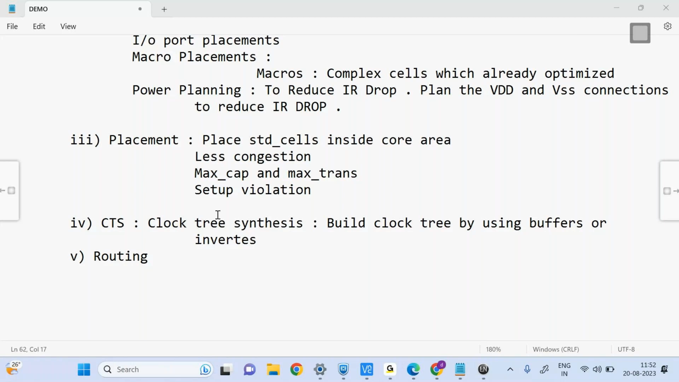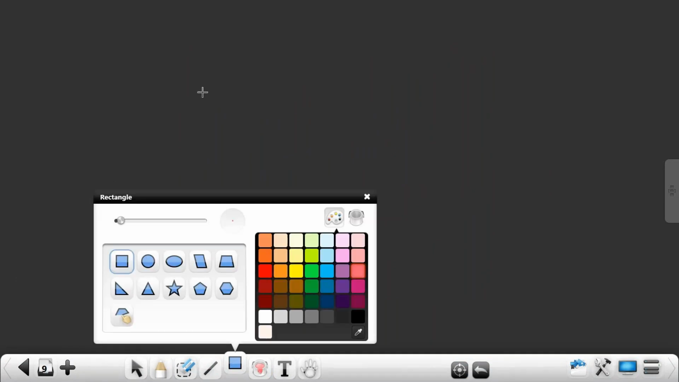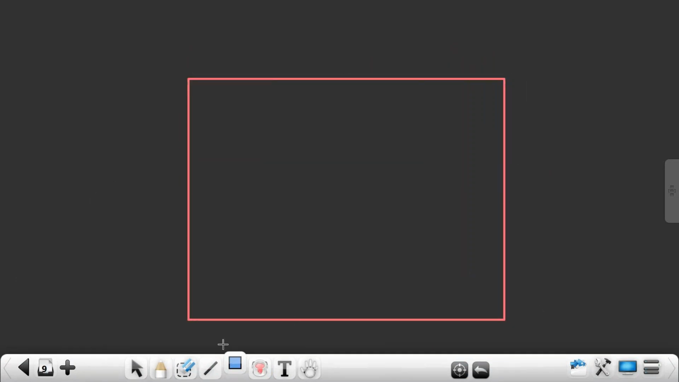So CTS stands for clock tree synthesis. Build the clock tree by using buffers and inverters. Why do we have to build the clock tree? First of all, clock skew comes into the picture later. What happens if I don't build it? Mainly, I have a clock port. There is one clock port here. This clock port is supplying clock to all the